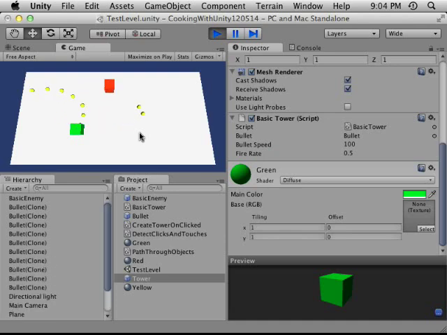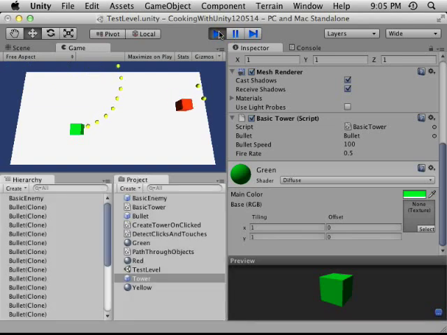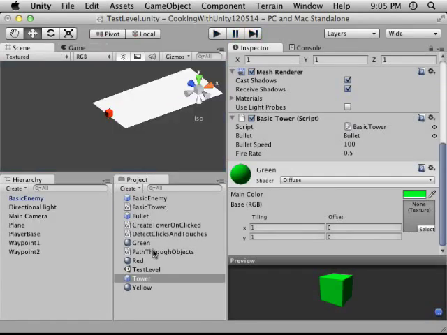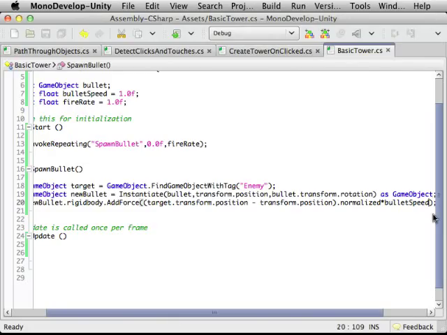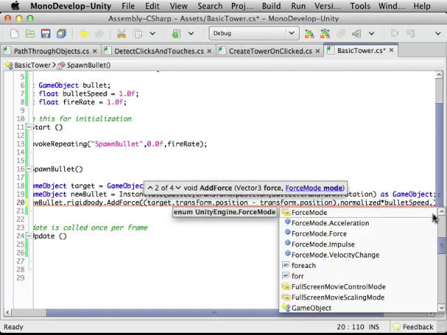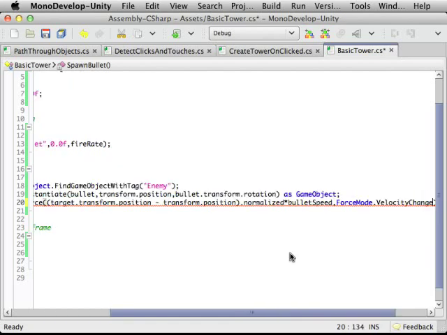There we go. It's shooting to where the enemy used to be rather than where it is. And let's actually change the scripts very slightly and call it a night. I'm just going to change the way that we're doing the force thing. So add force can have a second aspect with it, which is a force mode. So let's do force mode velocity change, which what that means is it ignores the